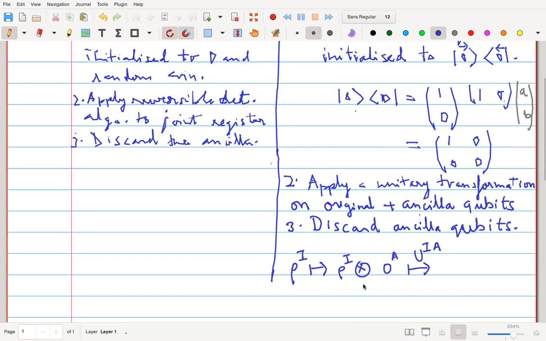On vectors, I know it: it will multiply the column vector from the left. But now there's a row vector also, so the row vector has to multiply from the right. But remember, the row vector was the conjugate transpose. At least in this picture, the bra is the conjugate transpose of the ket. So I have to do a conjugate transpose of the unitary also. To cut this story short,